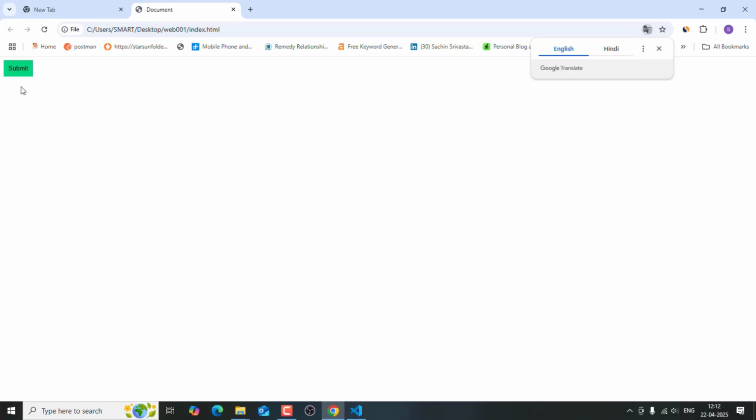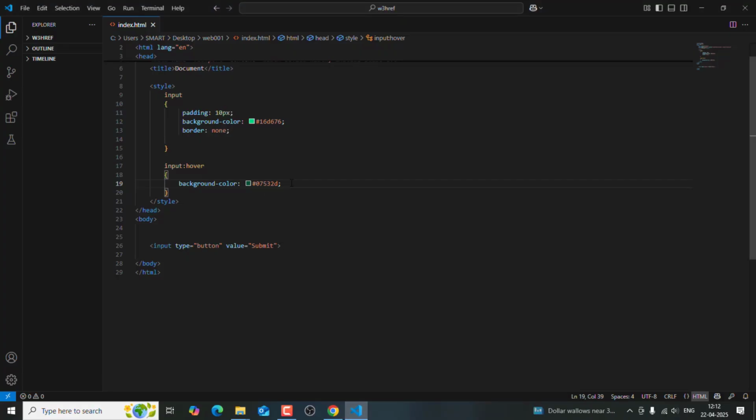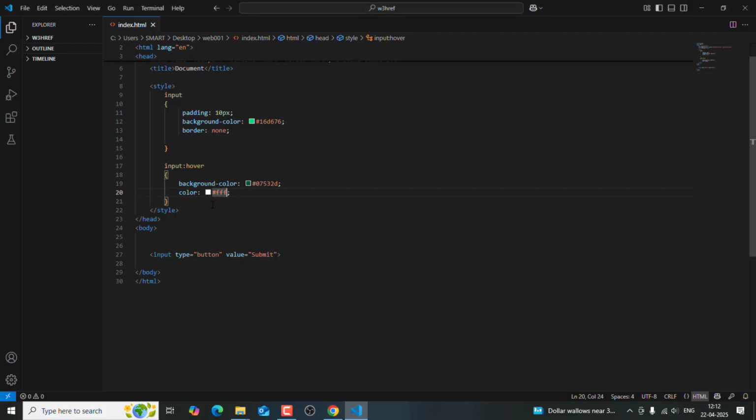You can see hover is working properly, and here we need to change the color of the text of the button. Color F. Okay, so we need to put it as a center. Then we need to add a division here